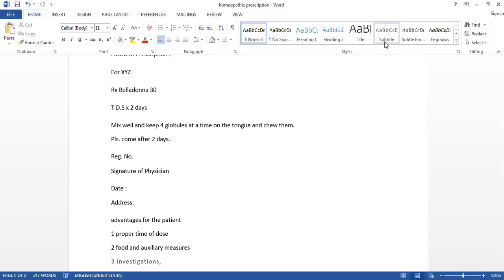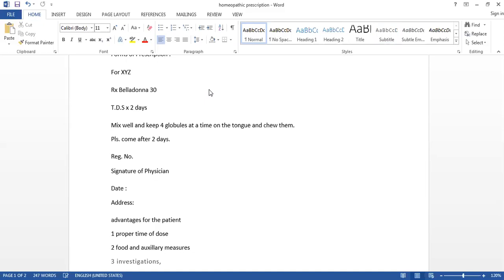When in doubt, always write in English. If you don't know what something is called in Latin, prefer English, or you can use any vernacular language. And never hand over the prescription without reading it. If you write anyhow and hand it to the patient anyhow, you should not be in a hurry, because this can be medico-legal evidence in case of an emergency. Prescription writing is compulsory, it is a must for a physician.